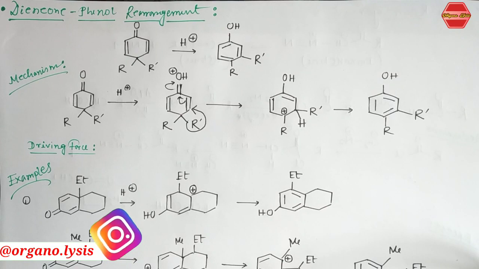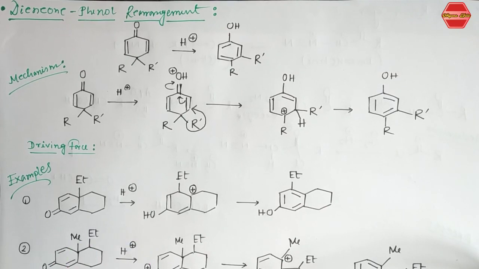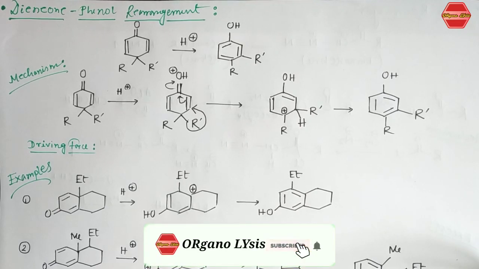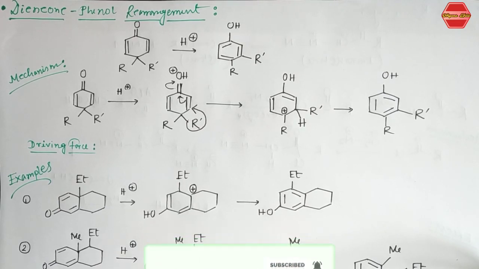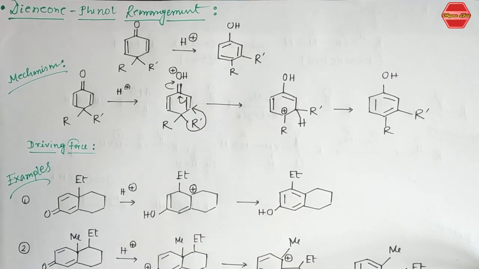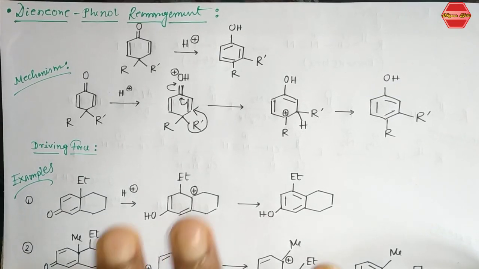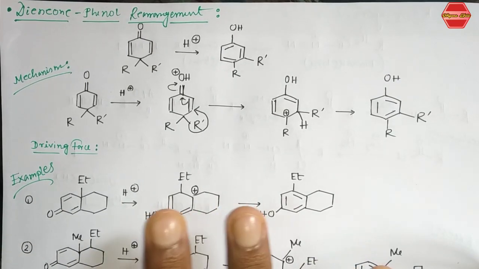So this is our rearrangement reactions part 7, and in this video we are going to learn about two important rearrangement reactions, that is the dienone-phenol rearrangement and the second one is the Wolff rearrangement. Okay, so the Wolff rearrangement is basically the consequence of the Arndt-Eistert reaction and we will also do that. Now let's start the first rearrangement reaction, that is the dienone-phenol rearrangement.